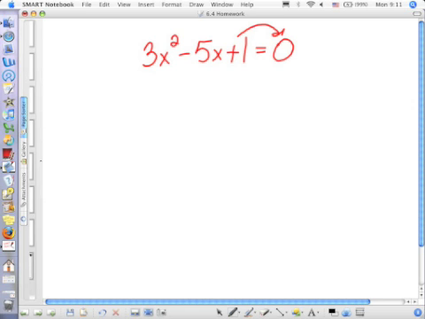Number 40, testing to see if it's factorable, if we take the product of 3 and 1. Are there factors of 3 that add up to 5? No, it's not factorable. Okay, so we need to set this up for completing the square. Which means, first off, I can't have a 3 in front of the x squared, can I? So what do I need to do? I need to divide everything by 3, and in the process, I can move that last term over, which would make it become negative. So I have x squared